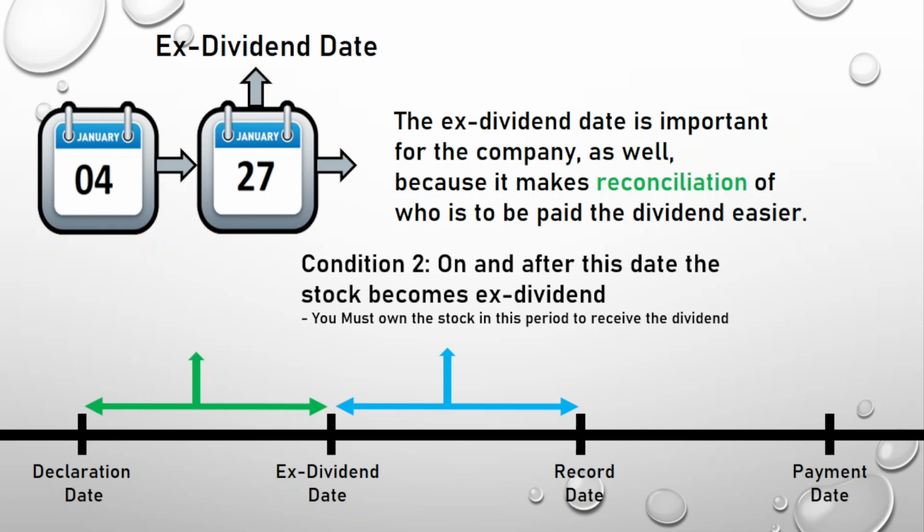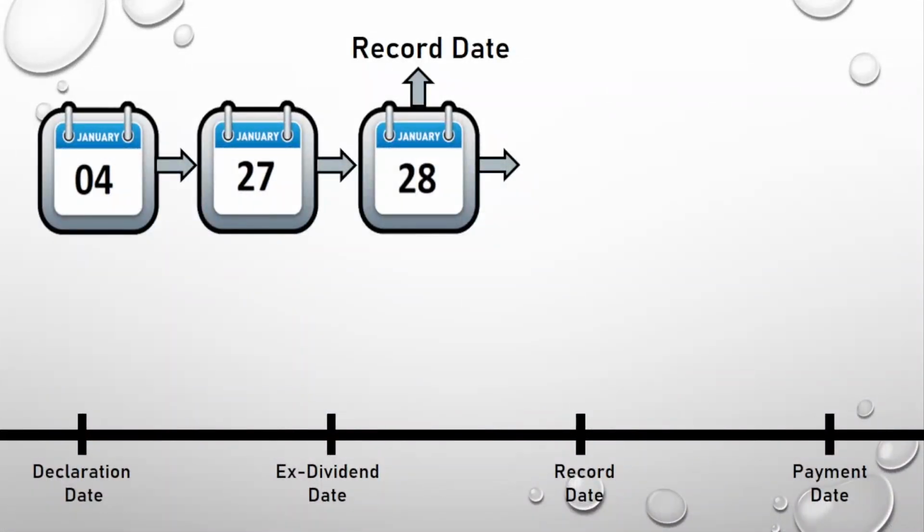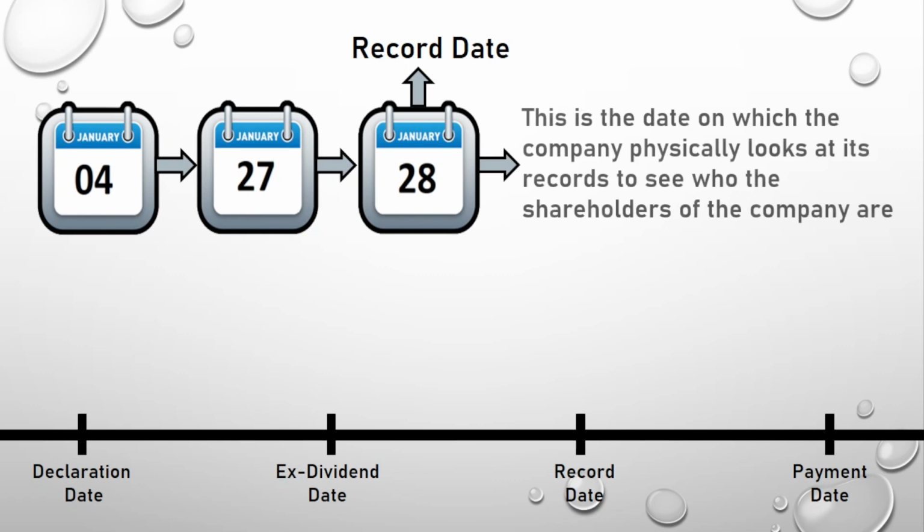Whereas anyone who buys the stock now will not receive the dividend. In almost all cases, the ex-dividend date falls 2 days before the record date. Record date. This is the date on which the company physically looks at its records to see who the shareholders